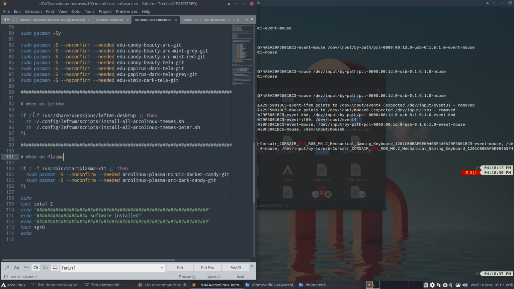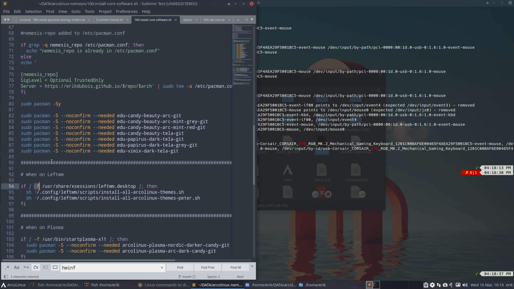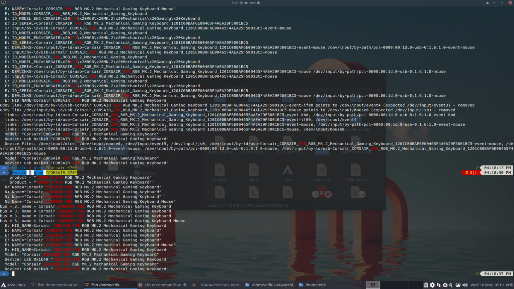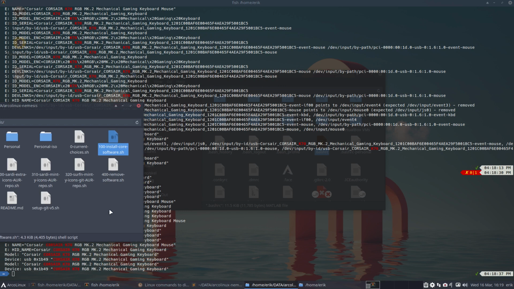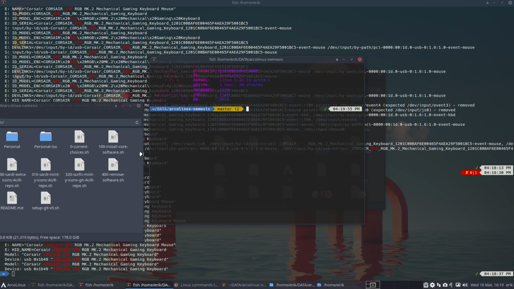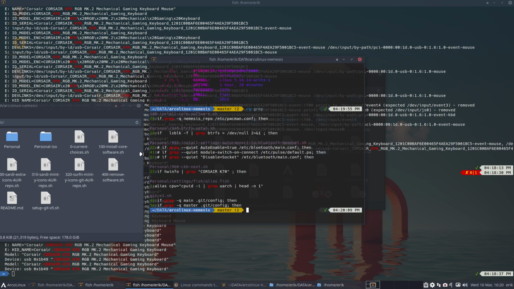So here we're just looking for a file that exists, and an easy way to figure out if the code is somewhere already, otherwise we'll go to the internet, is rg, ripgrep, the application that you need to install. rg, let's see where grep is used. If grep -q nemesis-repo, I'm using it in install core software. I'm installing it here using the if grep